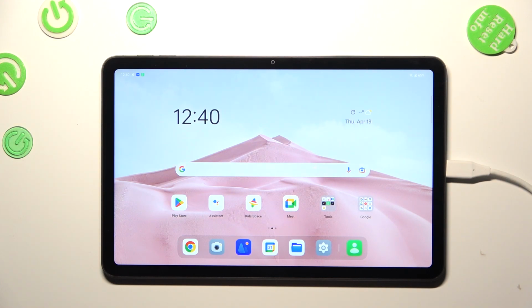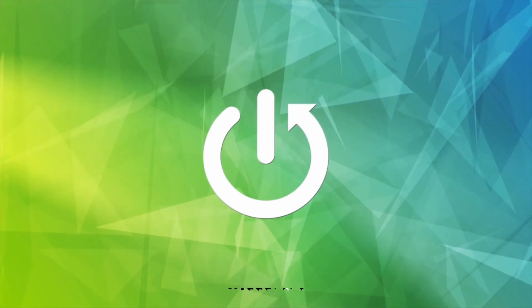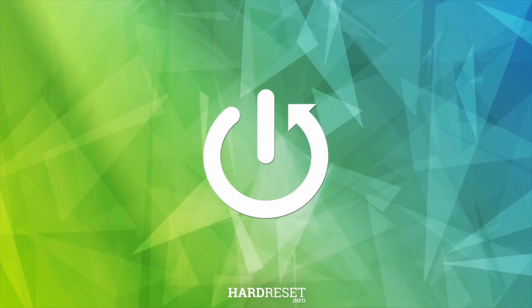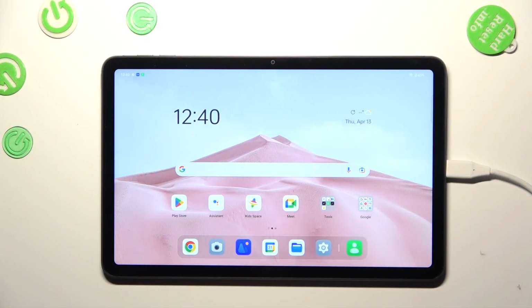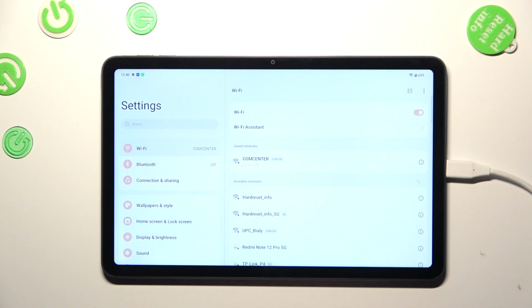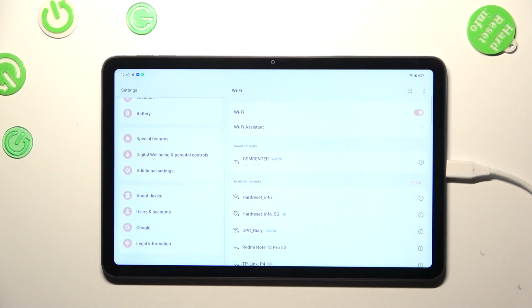Hi everyone, in front of me I've got OPPO Pad Air, and let me share with you how to check the total screen time on this device. So first of all, we have to enter the settings, and in this left section scroll down to the very